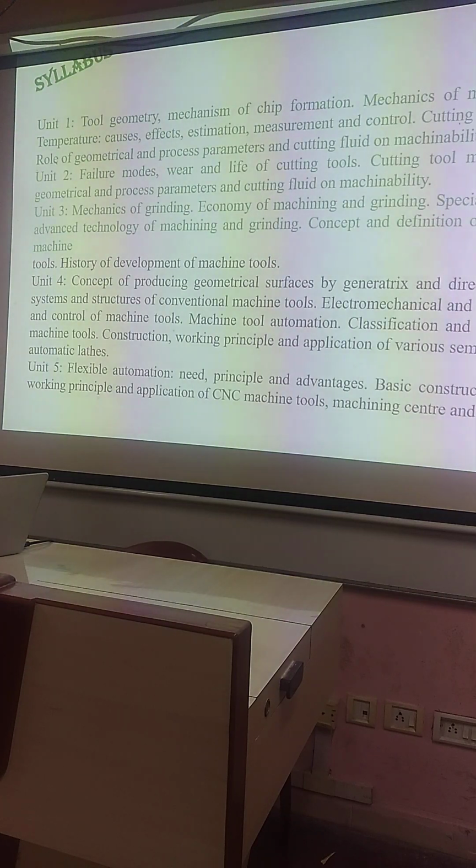In this syllabus: what is the tool geometry, what is the mechanism behind chip formation, mechanics of machining, how cutting temperature is generated, how it can be measured during machining by using different types of thermocouples, K-type thermocouples, and next, what are the causes of the generation of temperature, effect of temperature, estimation, how we can calculate, measure the temperature and control it, cutting fluid application,